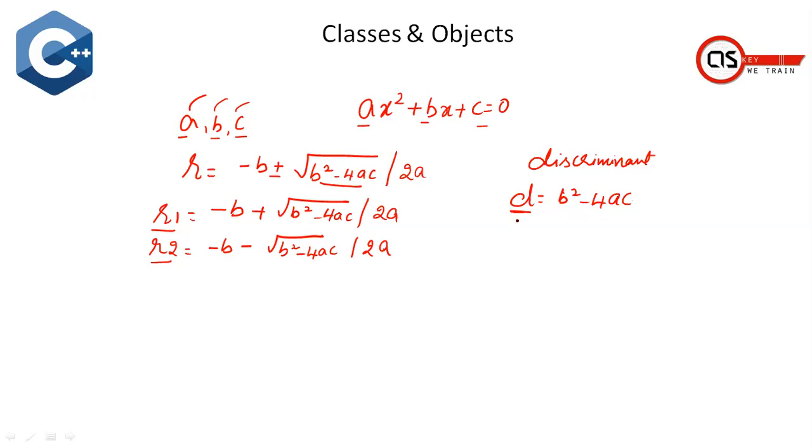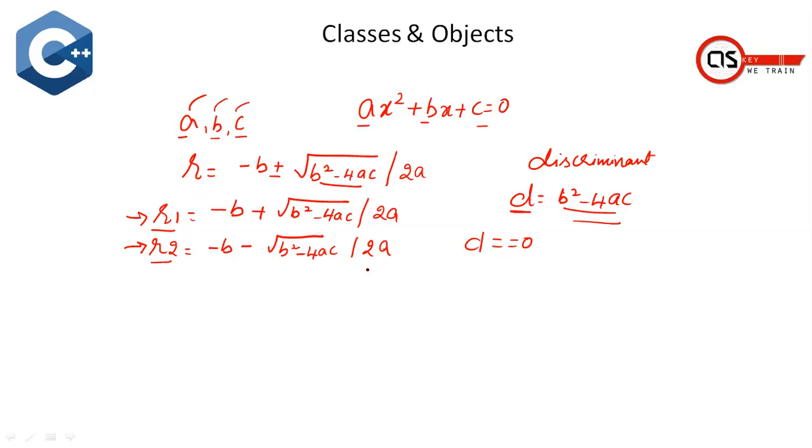Once we have the discriminant, based on the discriminant value we are supposed to compute the r1 value and r2 value, which are our roots. So we know that we have three different conditions. One is if d equals 0, then R1 and R2 will be the same. In this case, when d becomes 0, this entire value will be eliminated. So this d will be 0.